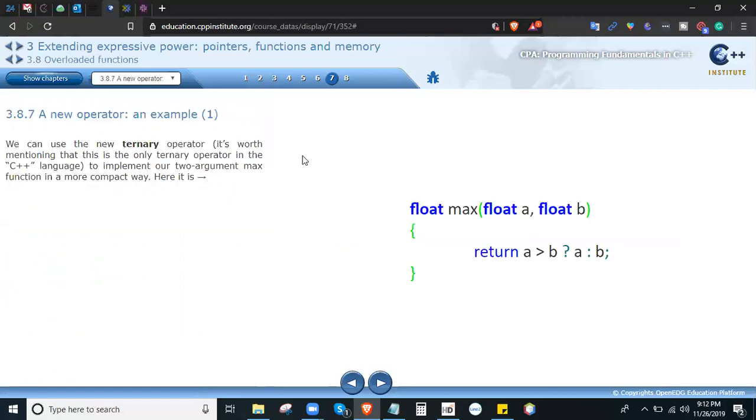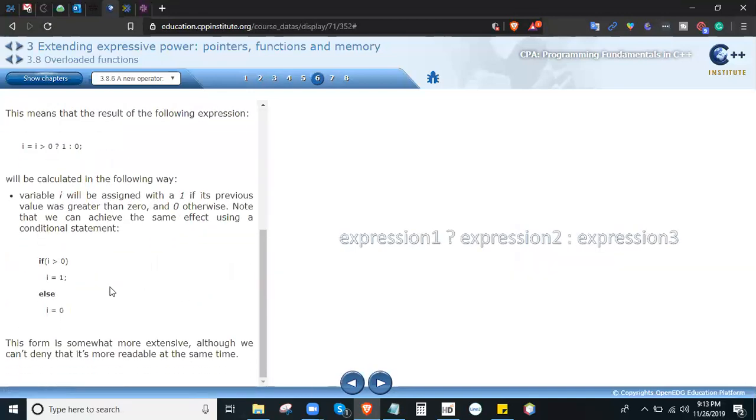So we can use the new ternary operator. It is worth mentioning that this is the only ternary operator in the C++ language. Let's implement our two-argument max function in a more compact way. So here it is. Rather than writing that as an if-else statement like this, if I is greater than 0, then I is equal to 1, and else I is equal to 0,